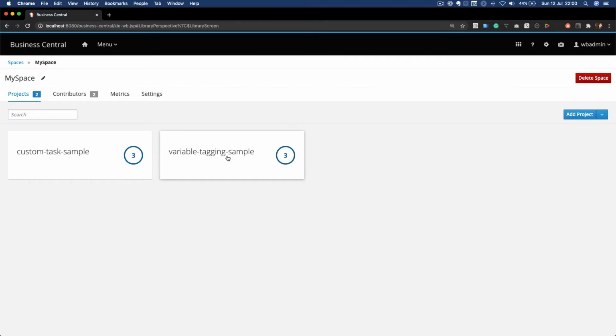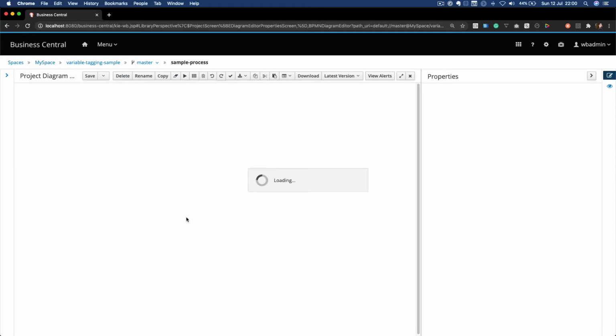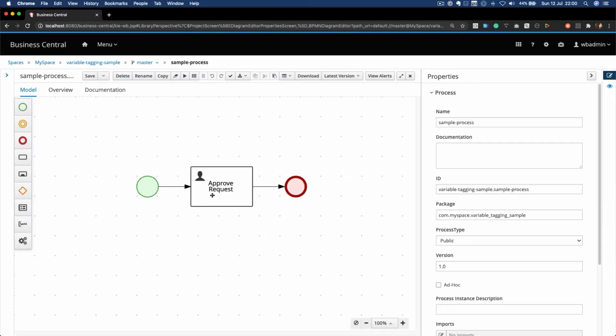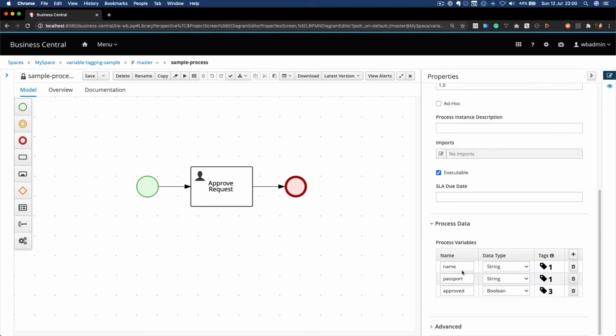In this demonstration, I have a Business Central connected to a KIE Server, and I imported a project named Variable Tagging Sample, which contains a process event listener and a business process.